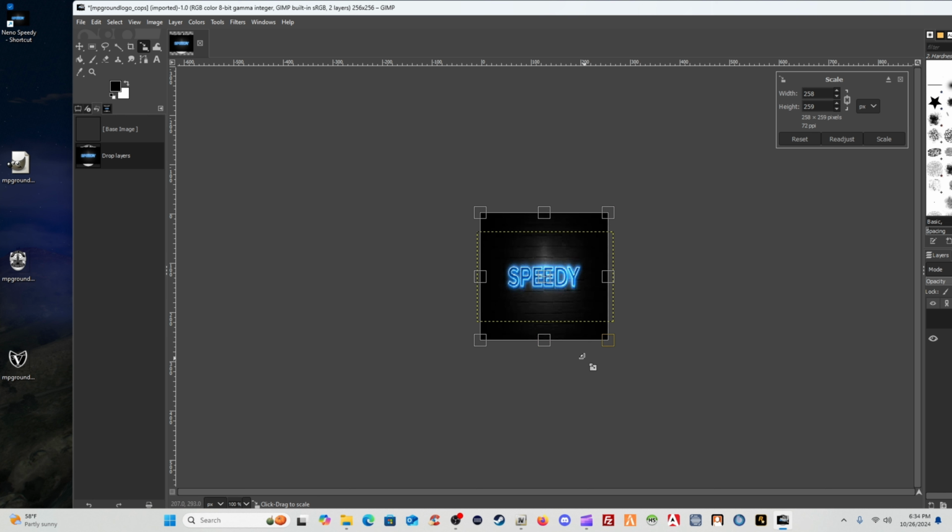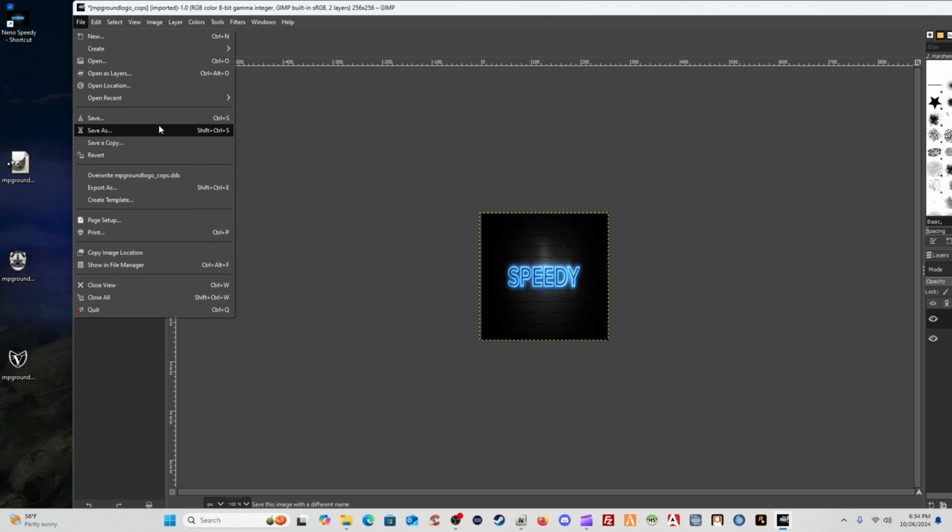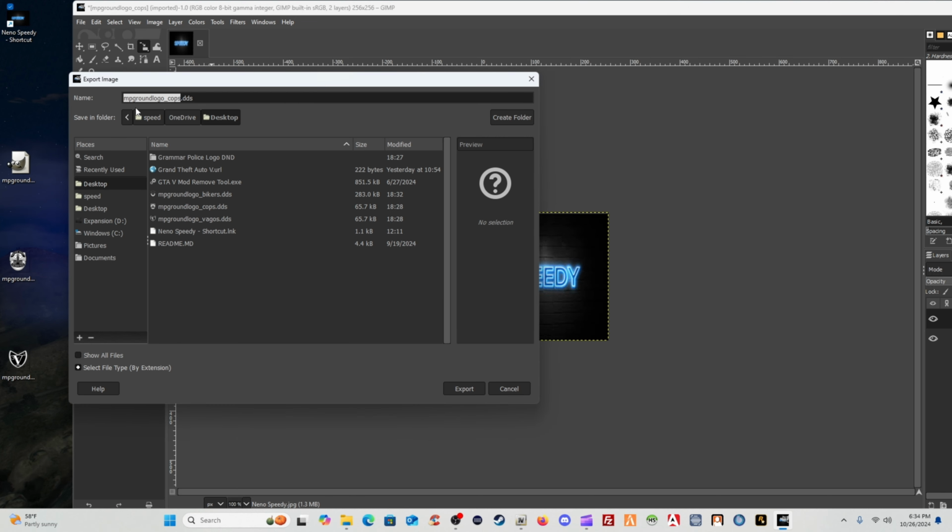Just like that. And when y'all get done, when you think you got it centered up, go to scale. Alright? That looks good to me. And when you all get done scaling that up and the picture looks good to you and straight inside that box, go to File, go to Export As, and this one is called MP Ground Logo